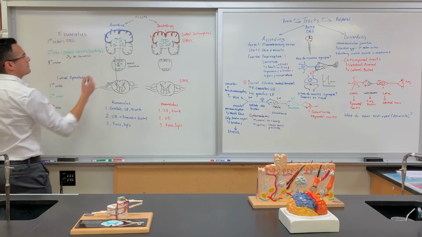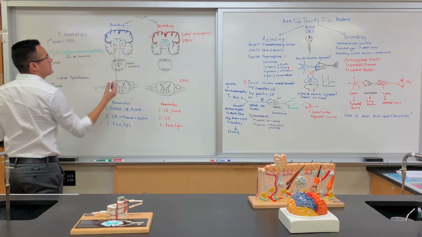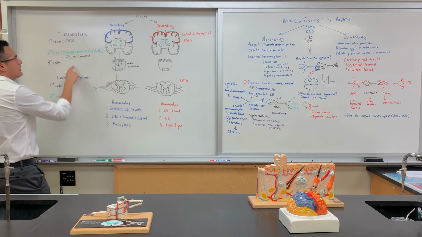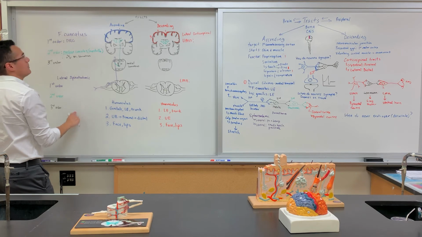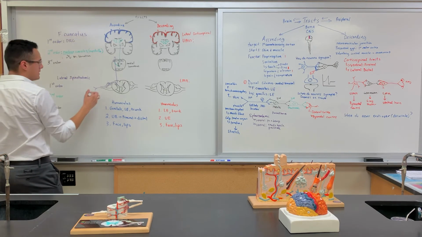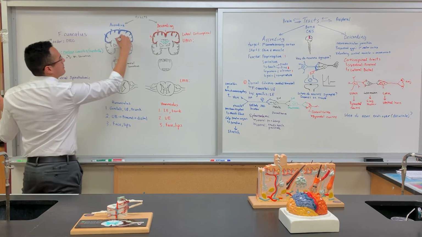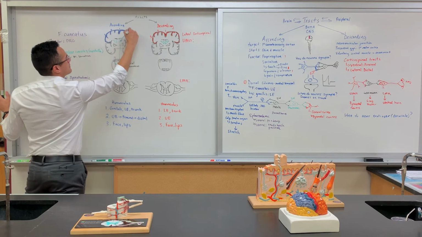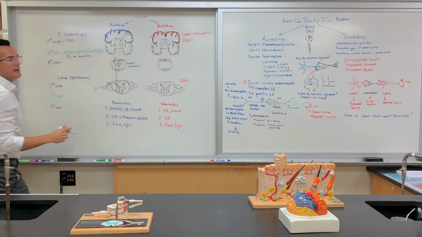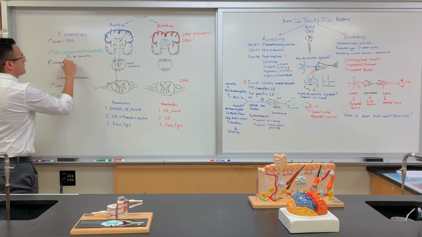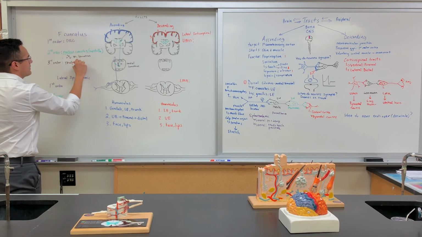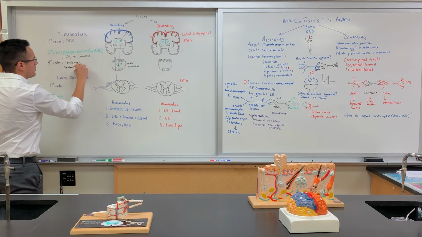So then the cell body of the third order neuron is found here. And then once again, we're transmitting information for the upper extremity. So for the upper extremity, that would be around this region over here. So it would synapse over there. Okay, so for the third order, we have within the thalamus, more specifically, the region is called the ventral posterolateral